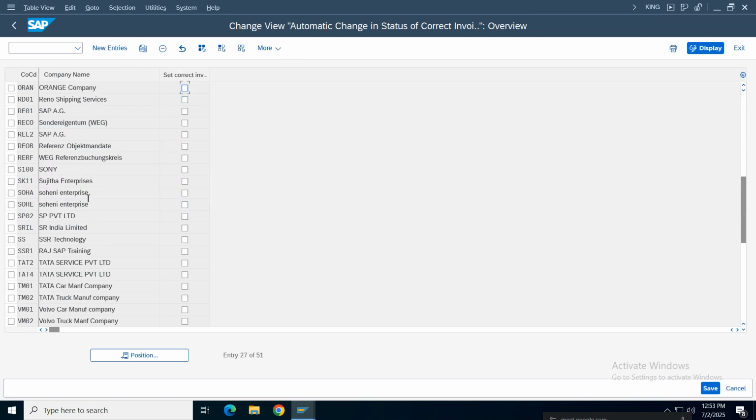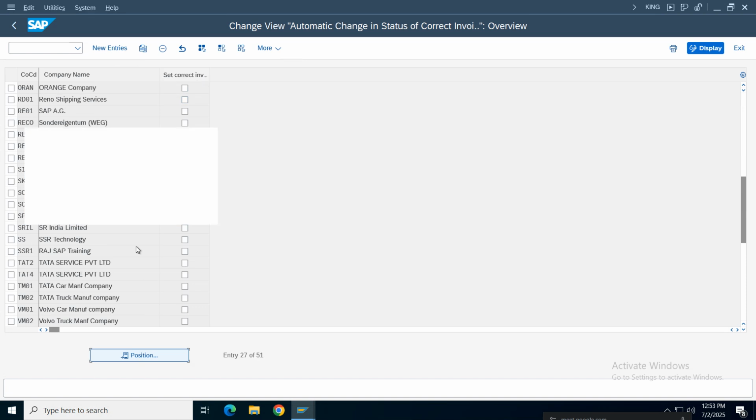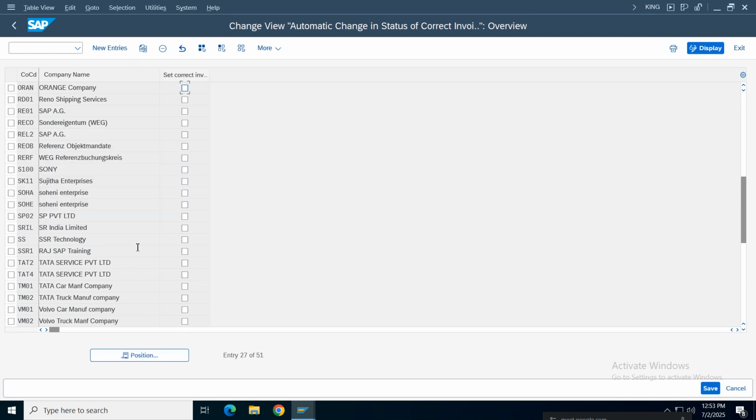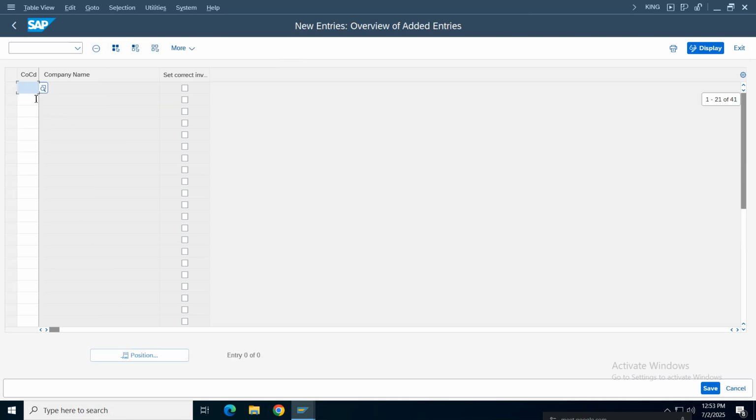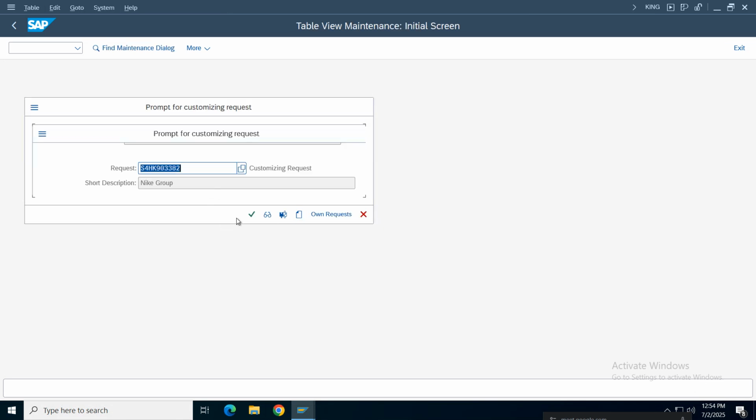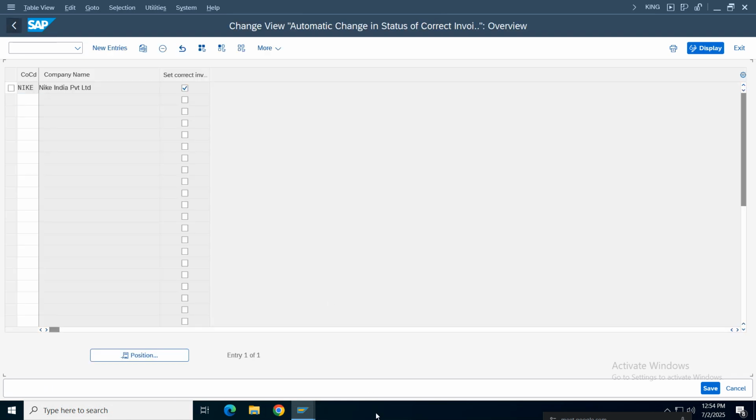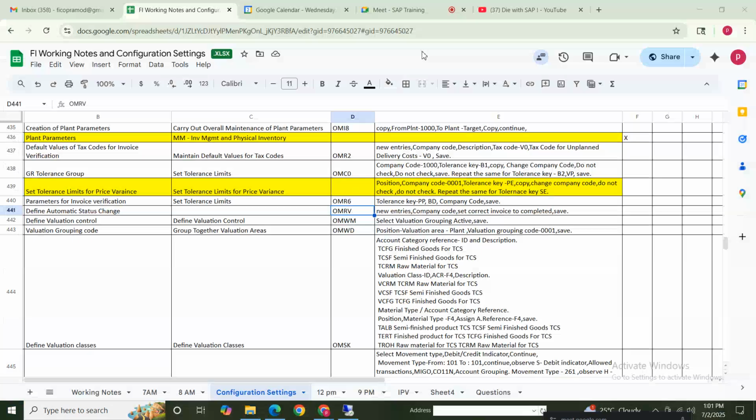Set correct invoice. So we need to create new entries. Click, select your company code, click on activate your invoice, continue, back. So this is done. Row number 441 has been